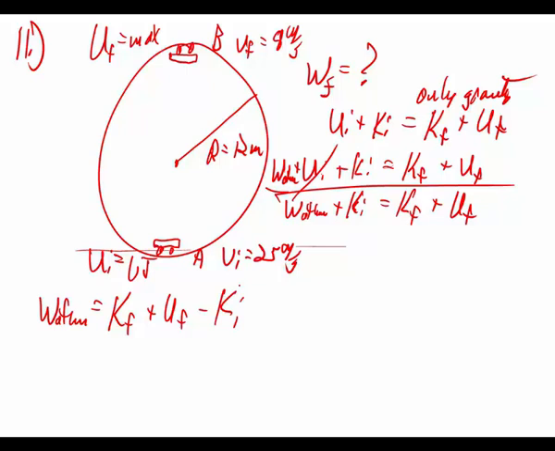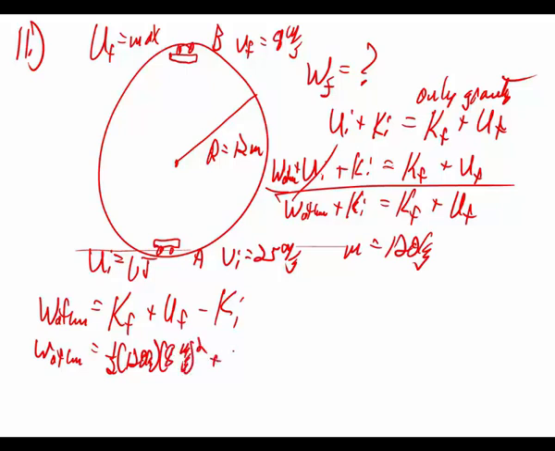Now, all we do is work it. Just plug everything in. So you've got work other, which is friction. K final, we've got 1/2. The mass was, oh shoot, I didn't write the mass down, did I? The mass of the car was what, 120? Yes, thanks. So we've got 120 kilograms times 8 squared, plus the mass of the car, 120, times gravity,